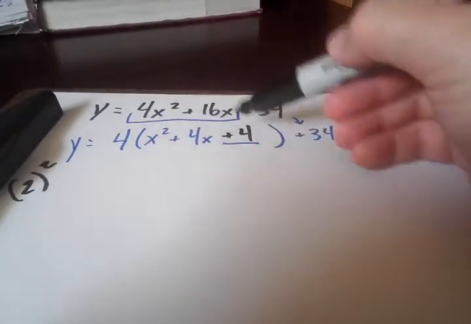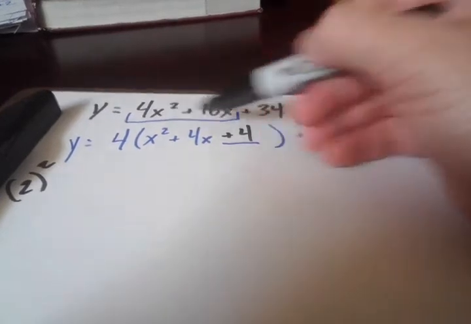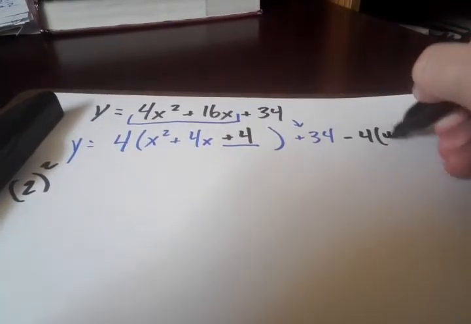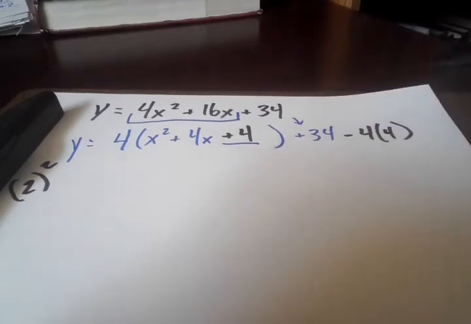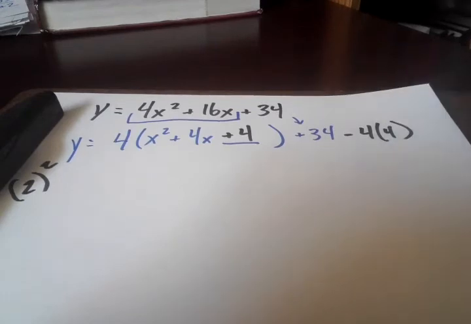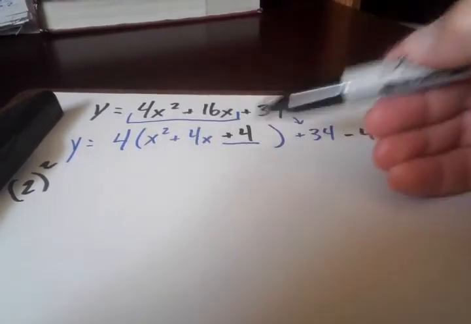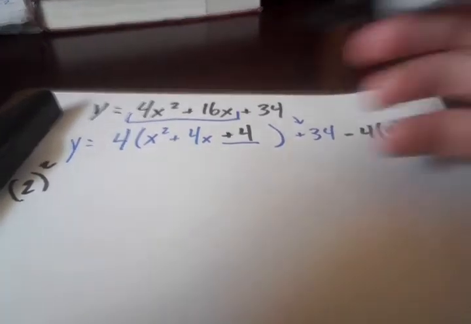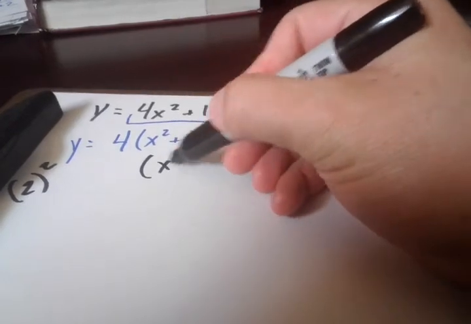Now remember, if we add 4 times 4 in here, we must minus 4 times 4, right? It's only fair because it's an equation. It must balance. So we've got 4 times 4 in there. We better say minus 4 times 4. This trinomial is perfect. They always will be. That's the point of completing the square. We're making them perfect. So this factors to x plus 2,